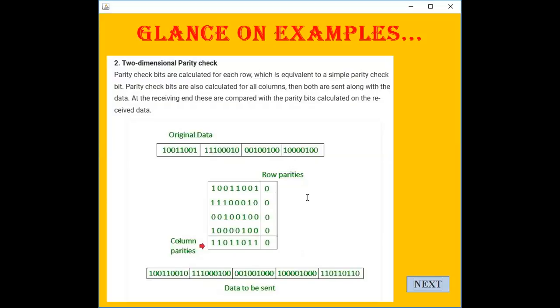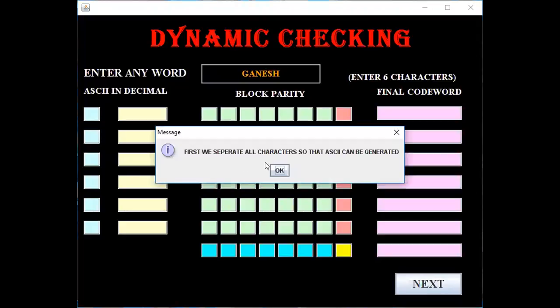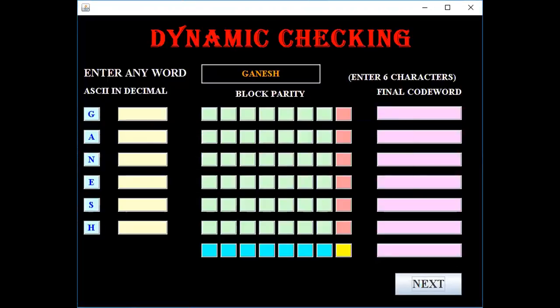Okay. So let us first dynamically check what is parity and what is actually the concept. So now let me enter Ganesh over here. Okay, Ganesh. So now next, we would separate all the characters so that ASCII values of all of them can be generated.